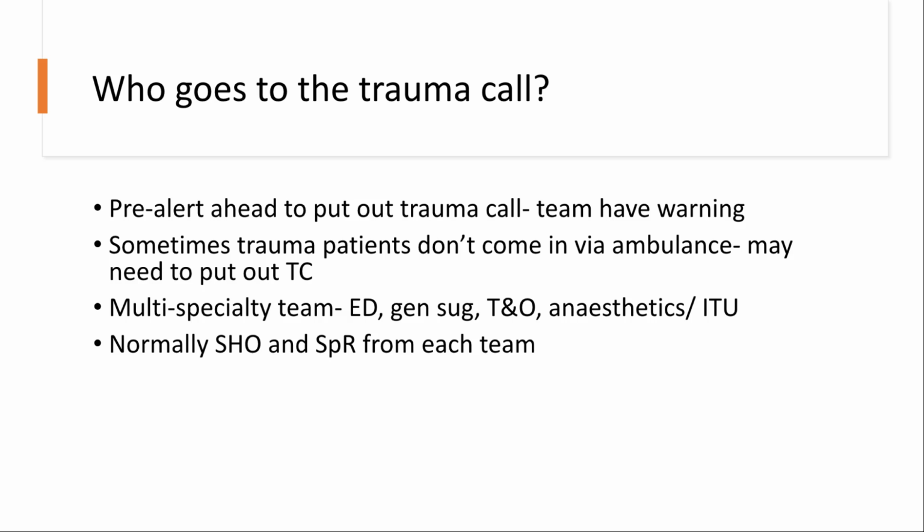So who goes to the trauma call? Normally a pre-alert is put out by the pre-hospital medics who alert ED that a trauma is coming in, which then will go through to the bleep for anyone who's part of the major trauma team. So the major trauma team is normally made up of ED, normally a consultant, gen surg, TNO, and anaesthetics or ITU. And this is normally an SHO and a reg from each team, depending on the rota and how big